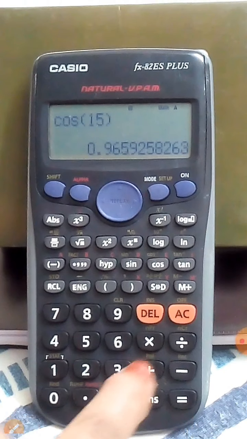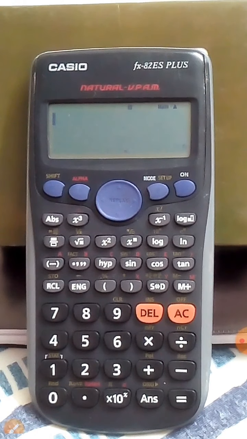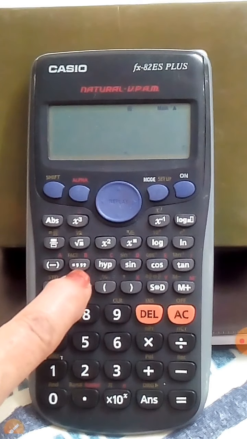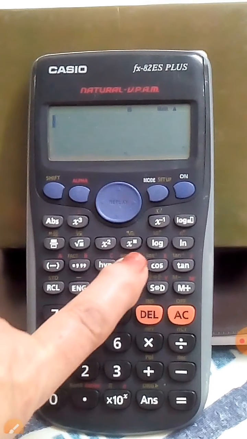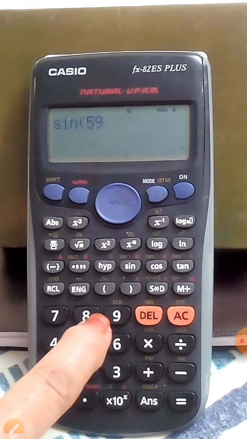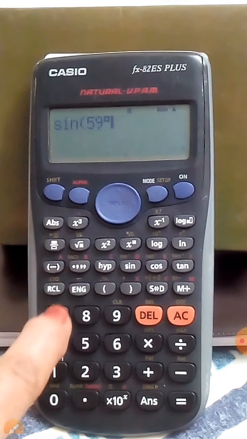Again, now if you are given data in degree and minutes, then you are supposed to use this button over here. Now say it is sine of 59 degree. So here use this button, and 22 minutes.